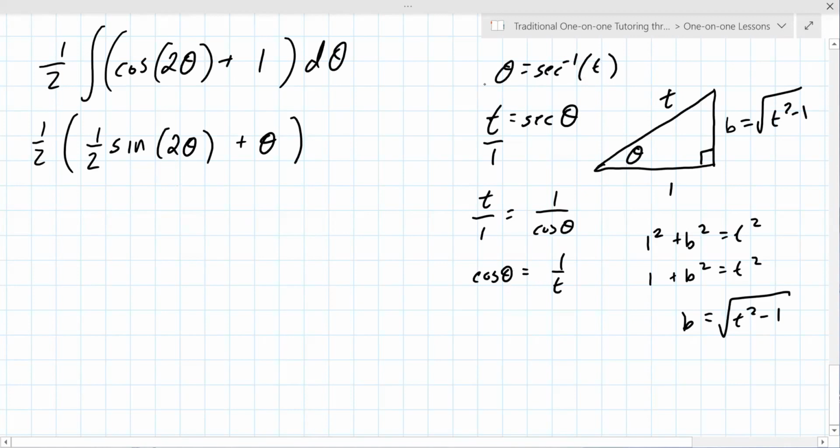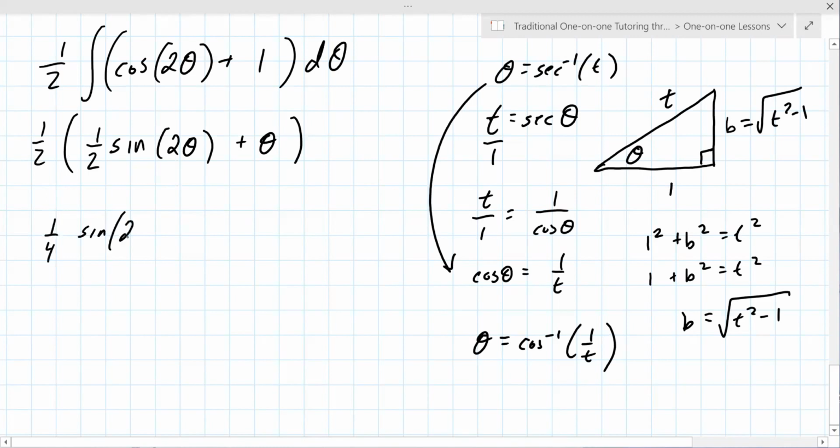Or you could go down to this line and say theta is the cosine inverse of 1 over t. I think that'll be a little bit better for us, so I'm going to go with this one. So I'm going to simplify. It's 1/4 sine 2. Now instead of theta, it's cosine inverse 1/t, plus, and I have to distribute this in,